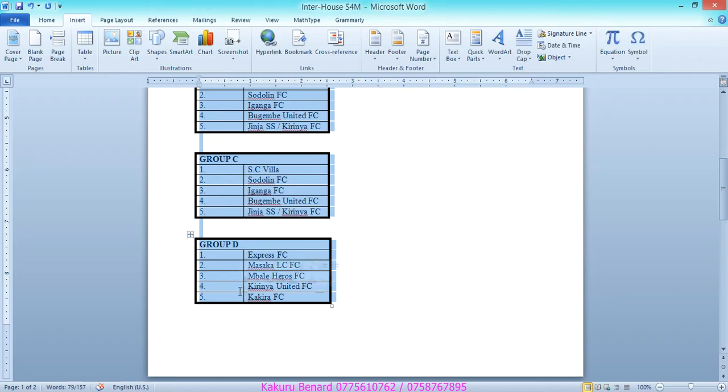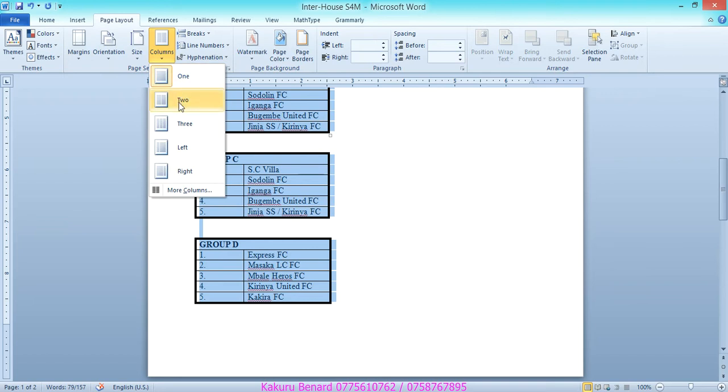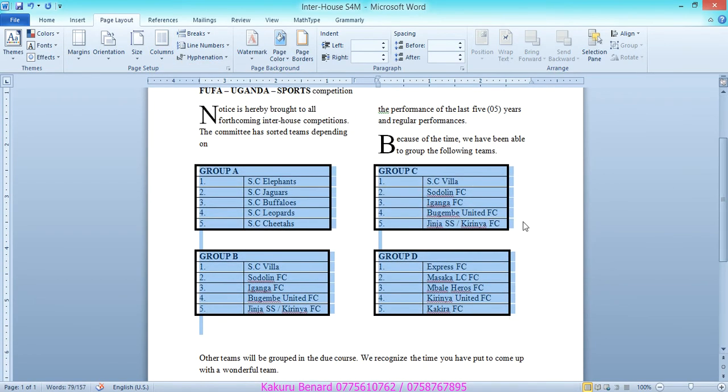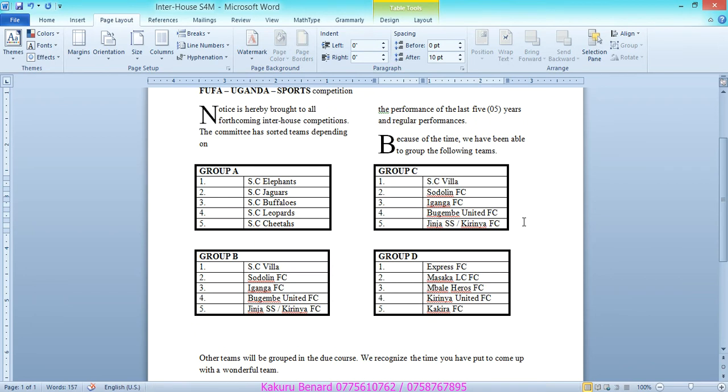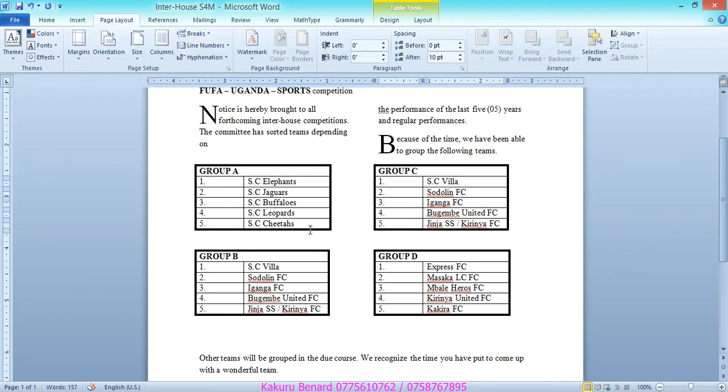So after reaching there, you go to page layout. On columns, choose 2. So our tables, they now look like this. These are our tables. So after, we are going to put this text to the right. Here, here, this, this. So you can highlight this text,